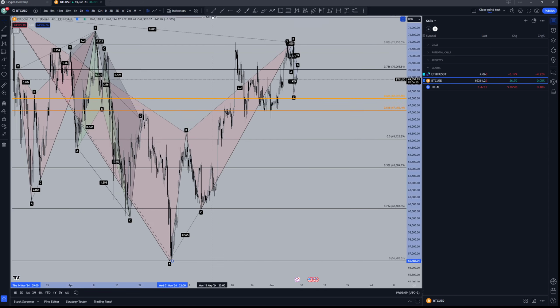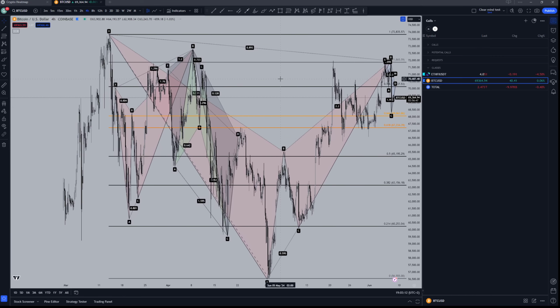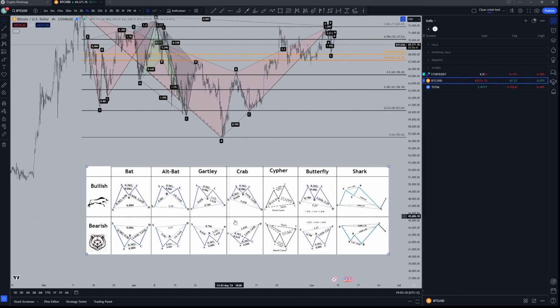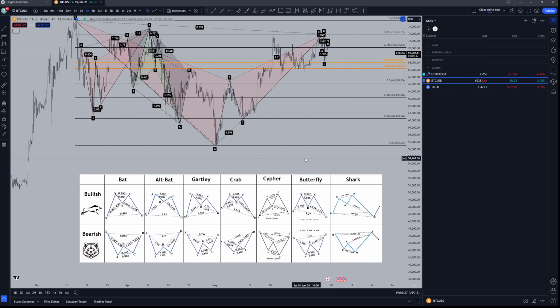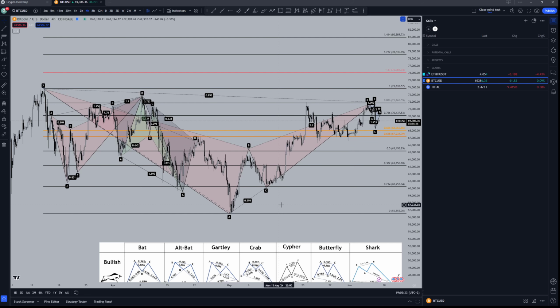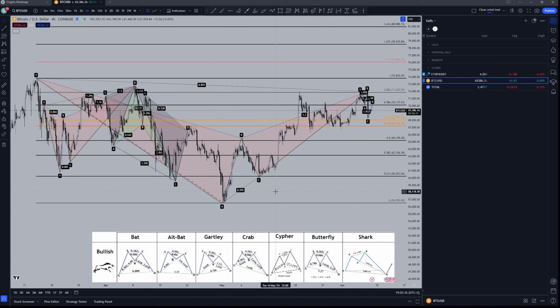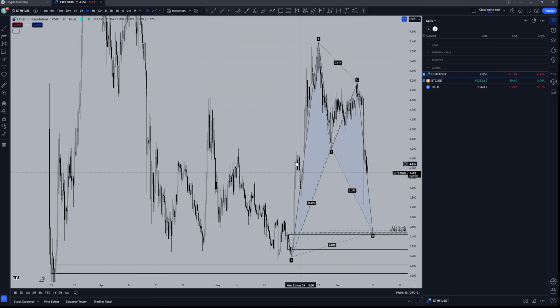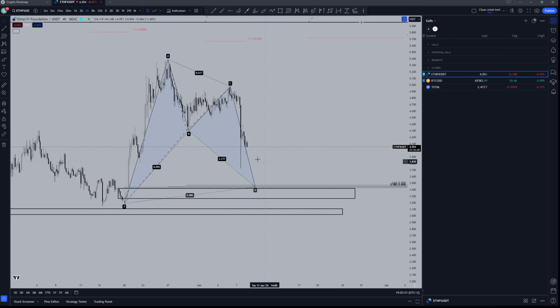Okay, so first of all, what I wanted to show is how harmonics work. Essentially, you have all of these harmonics here. There are a lot of them. These are basically all of the ones I use. And what it comes down to is harmonics are essentially extension of fibs. So you use the Fibonacci retracements to measure the move, to measure every side of the harmonic, and then with the correct notations, you get a very easy retracement zone over here at D, where you know the price is